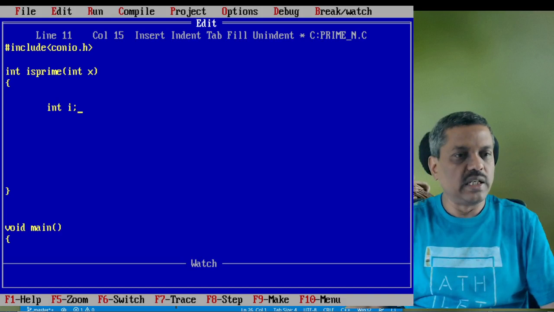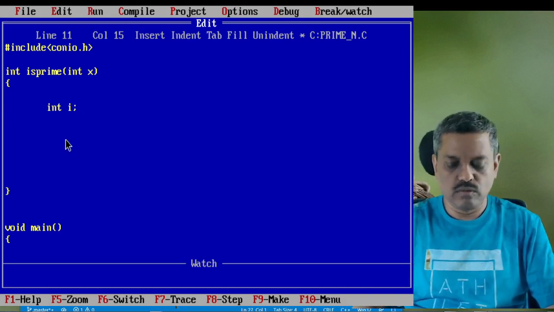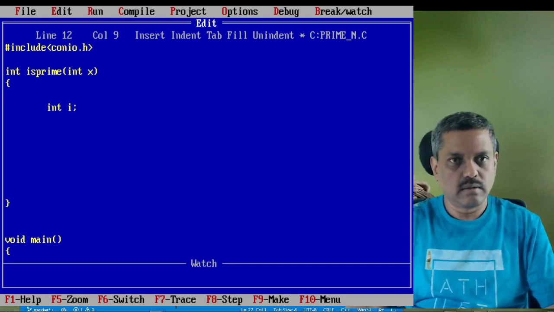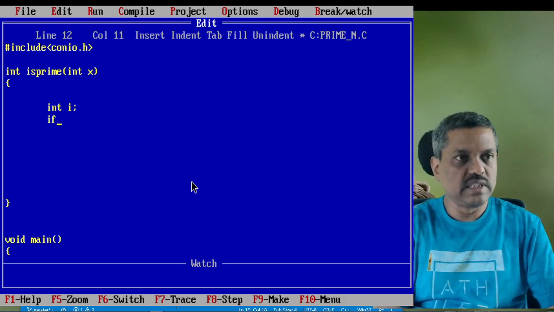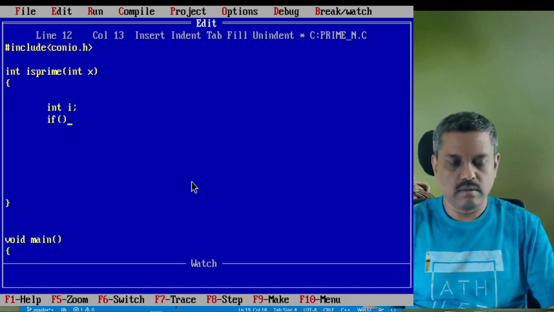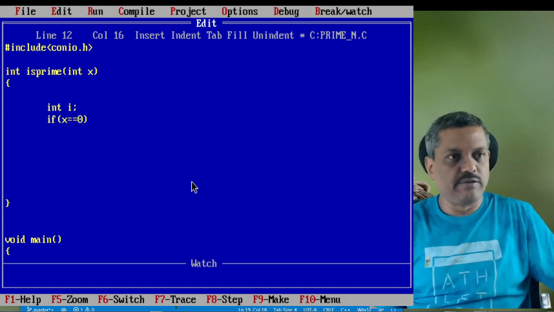Once we do that, I am going to check over here whether x is equal to 0, because I may enter 0 as the value.